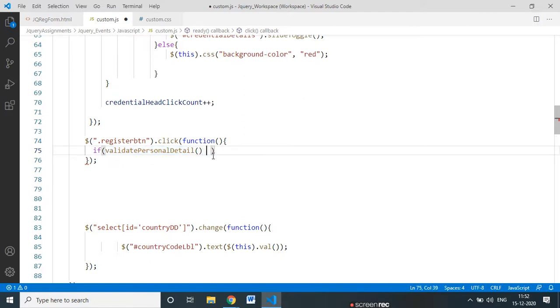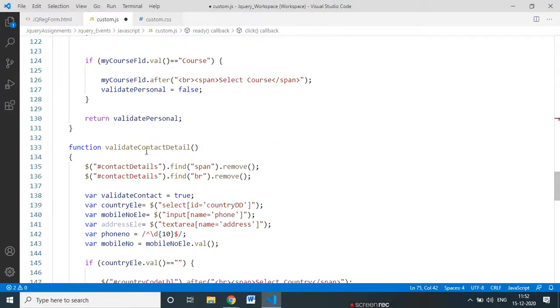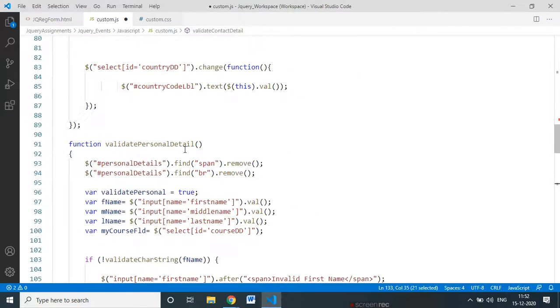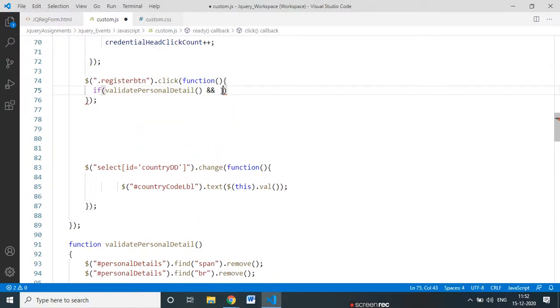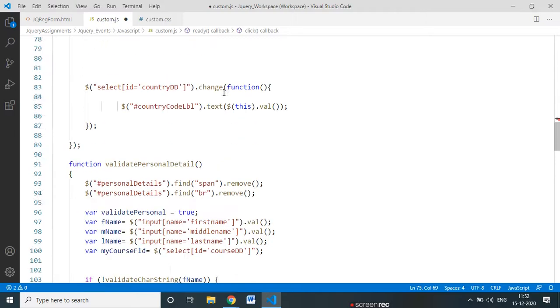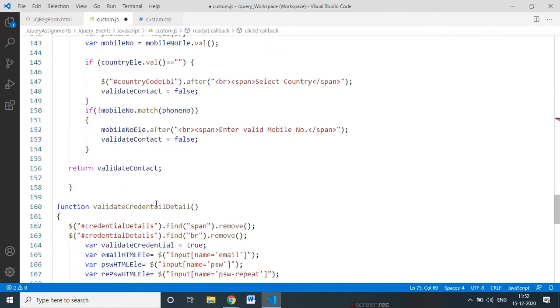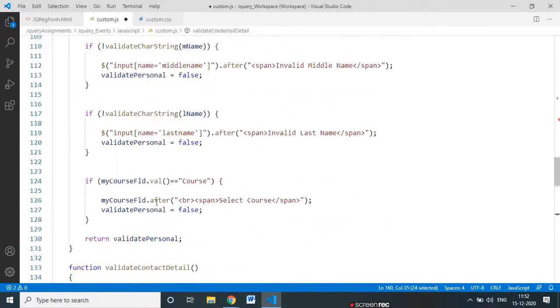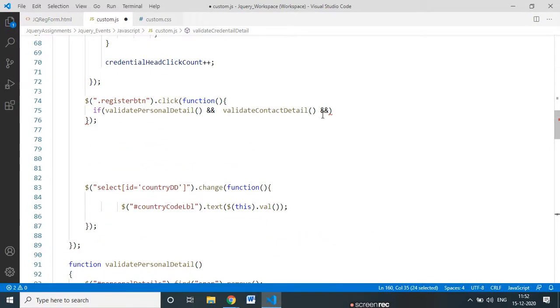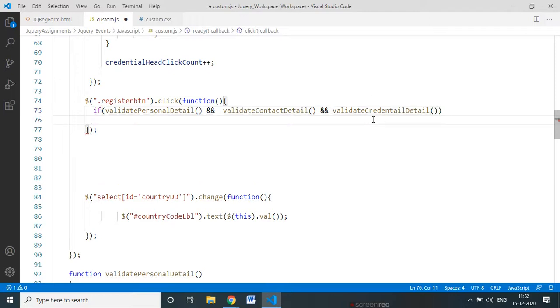Then again I will say and, go down, validate contact details, and then the last one is validate credential detail. It means all these three sections are valid. Then we are going to give the message here.